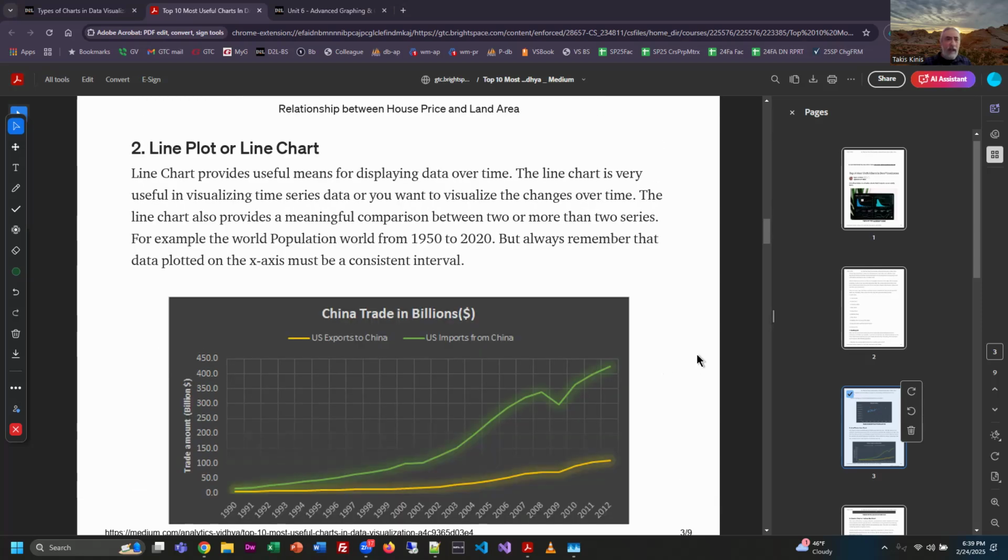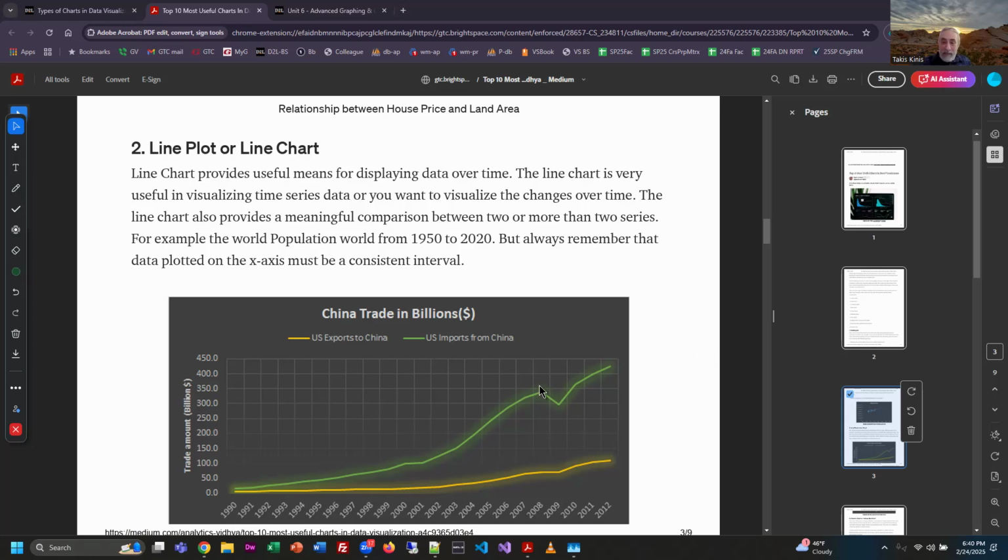There's also what we call line plots or line charts. And sometimes, for example, we will plot multiple pieces of information on a line chart so you can see the differences between things. And notice the color coding, right? So we have, for example, here, these are dates from 1990 up until 2012, and it shows US exports to China versus US imports from China. And it doesn't take a genius to figure this one out. It's like, oh my God, we import a lot of stuff from China. Why? Because the price is lower. We'll see what the tariffs do to that, but